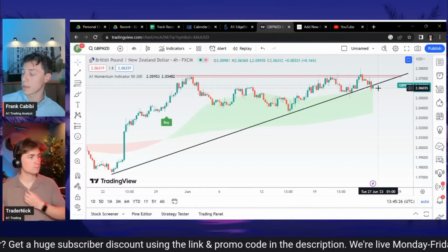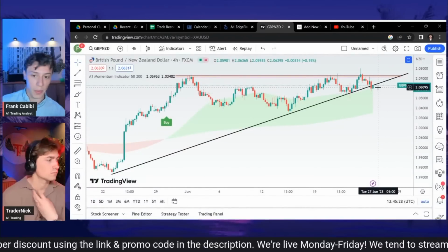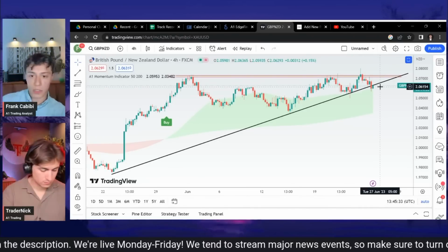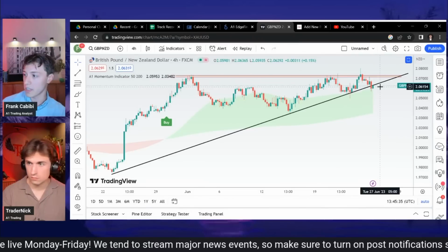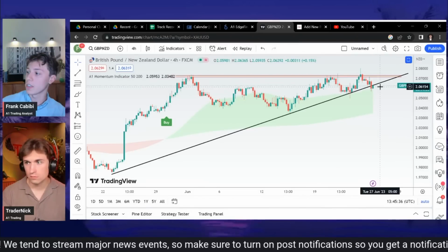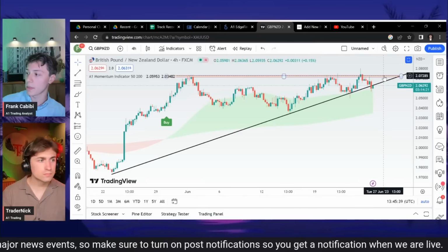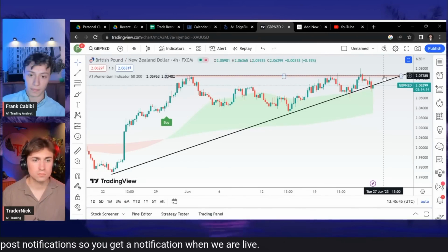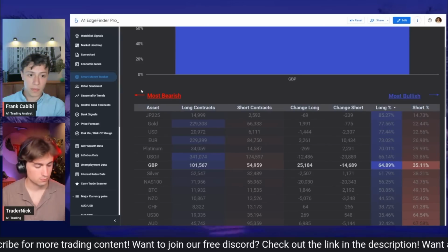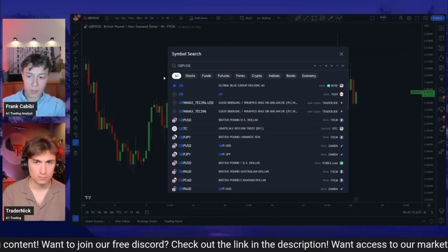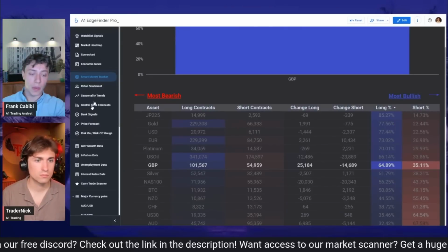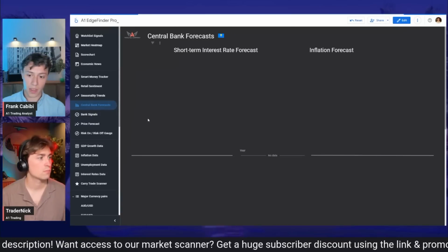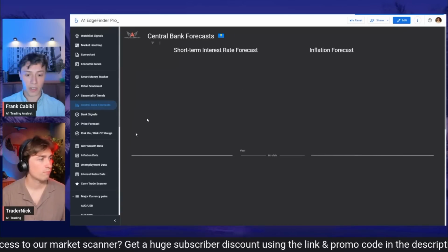I got in about an hour ago or less. So slightly hovering in profit, but hoping to see a test at resistance up here at this triple top, and then hopefully a break from there. But we'll see if price can hold this trend line. The UK is battling some pretty stubborn inflation. Their CPI hasn't moved on a month-to-month basis, so they surprised with a 50 basis point hike, which is pretty hawkish, but it's not just ending there.